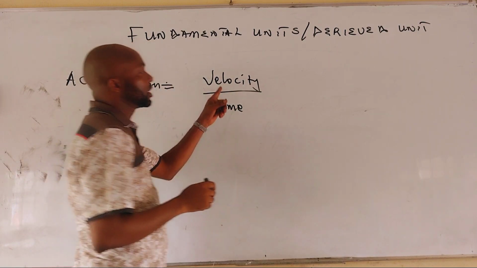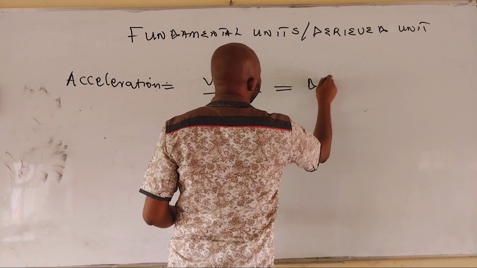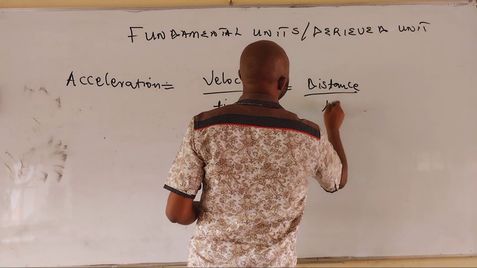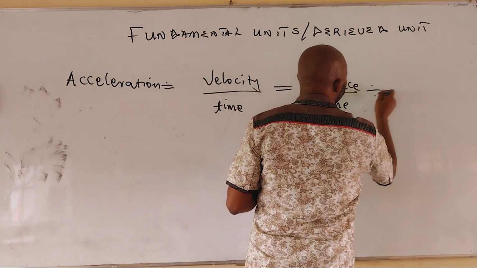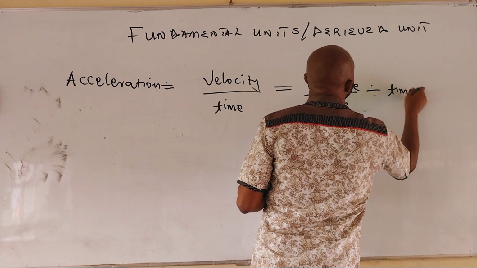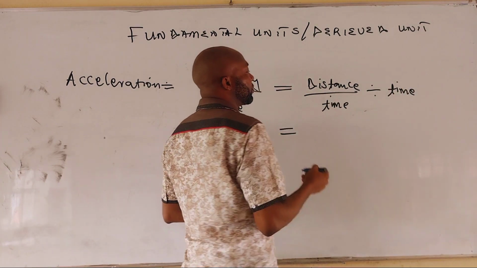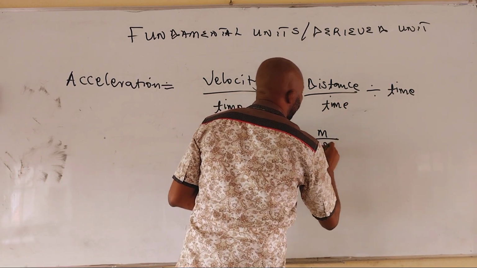And we know that velocity is distance over time. So it is distance over time, divided by time. So this becomes the unit for distance. Let's use our meter over time in seconds,